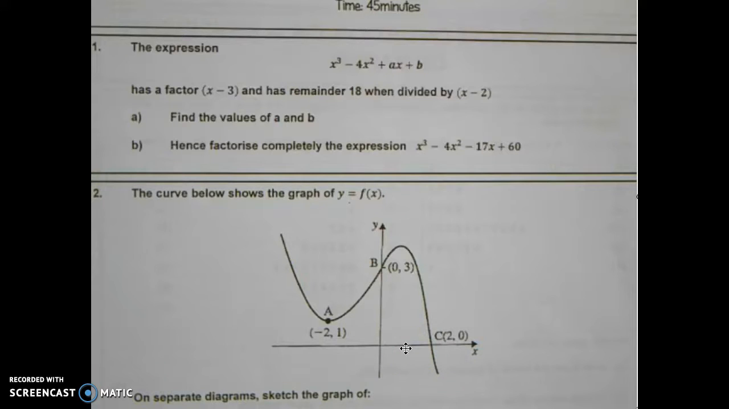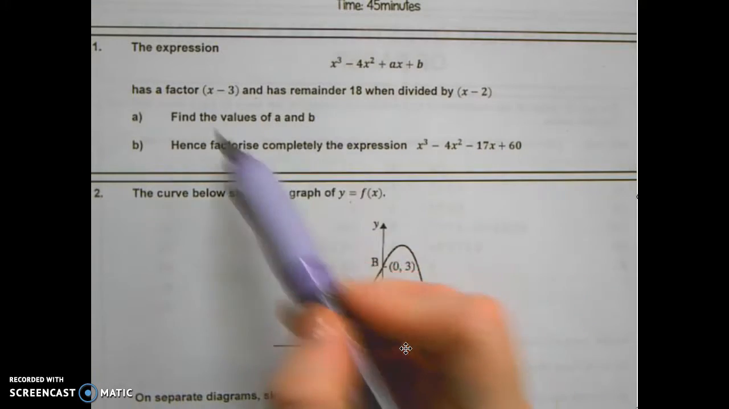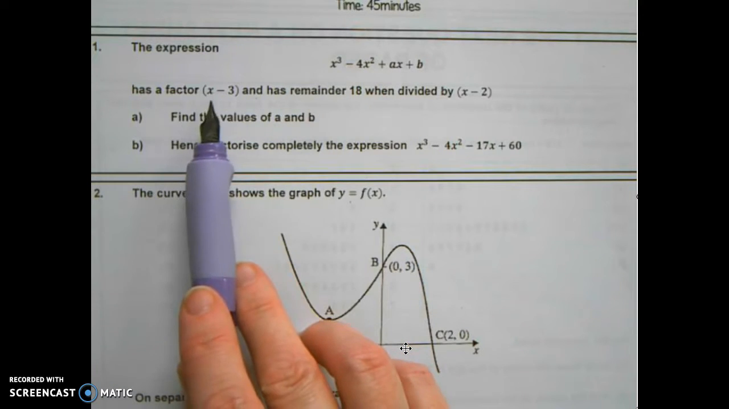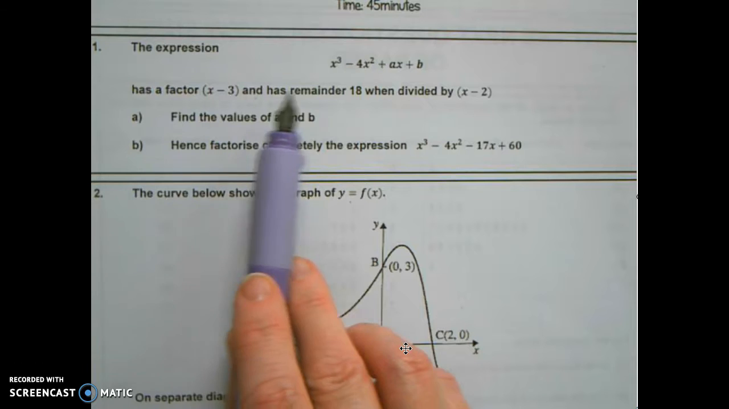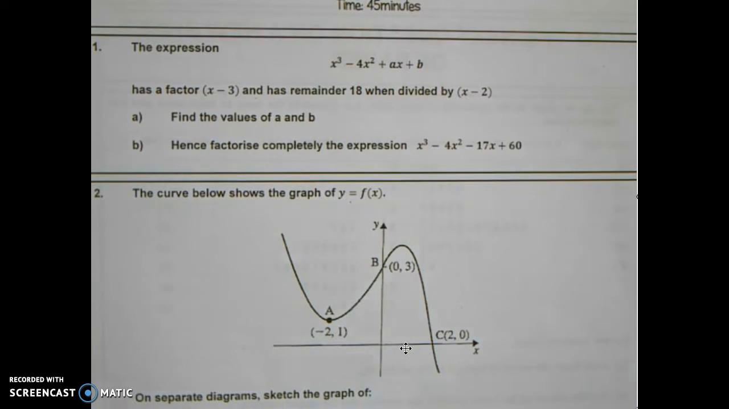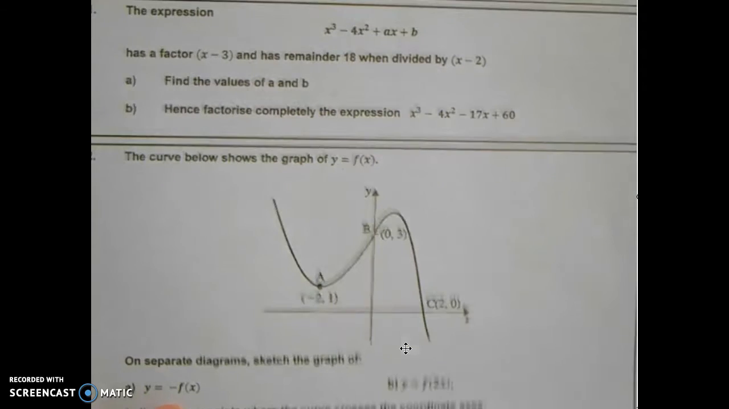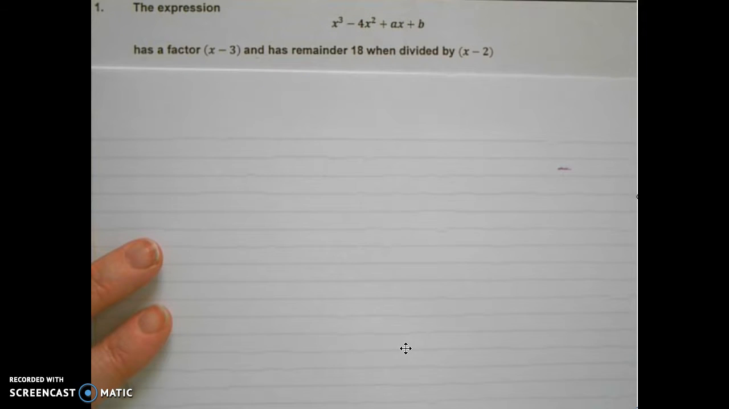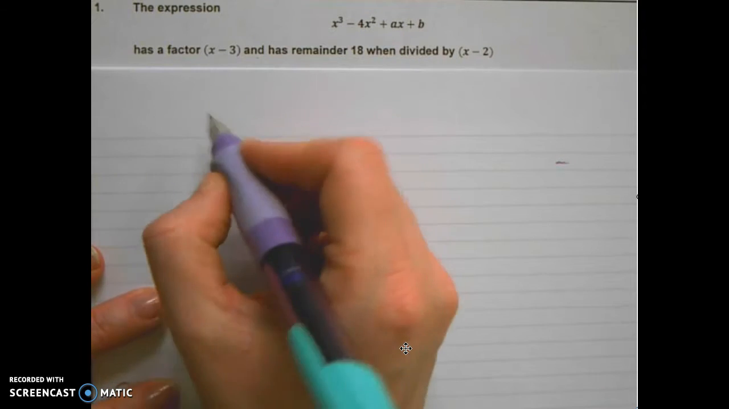Okay, question number 1 on the test was this one about the factor and remainder theorem. It gives you this expression. It tells you that x minus 3 is a factor, and it tells you that it has a remainder of 18 when it's divided by x minus 2. So if we start by looking at the factor one, what it tells us is that if we've got this function,